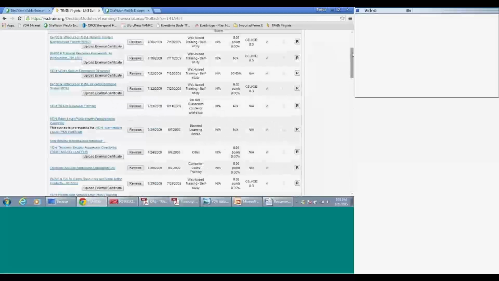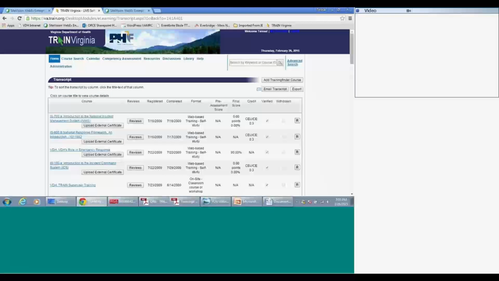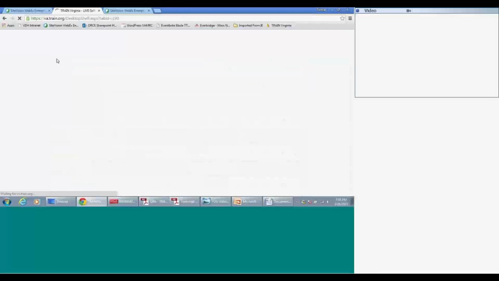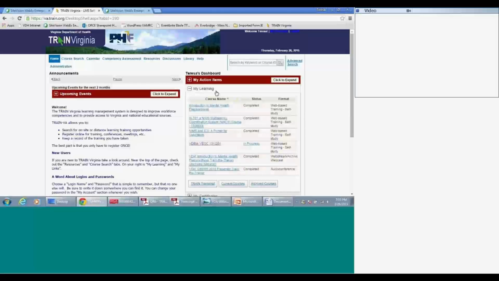And finally, how do you obtain your training transcript? As I mentioned earlier, Train does a good job of tracking all of your training in one place. It's very easy to print and share that transcript. So coming back to the home screen, if you just simply came into the system and you wanted to go and just get your transcript, you come back to the home screen, click on My Learning, click on Train Transcript,